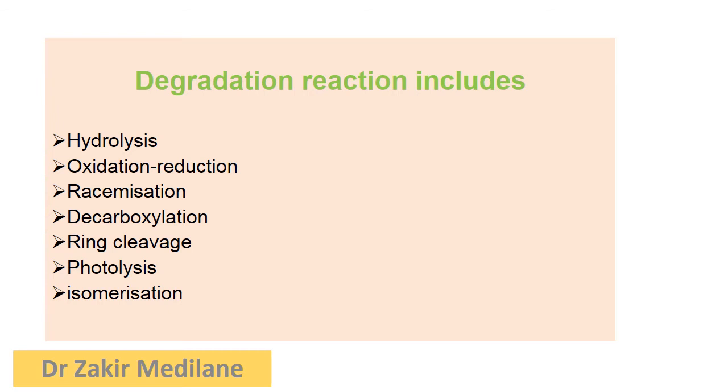Now the next topic for discussion is photolysis. We can explain photolysis like this: it is a decomposition or separation of a molecule by the action of light. Or photolysis is a chemical process by which molecules are broken down into smaller units through absorption of light. That is called photolysis.